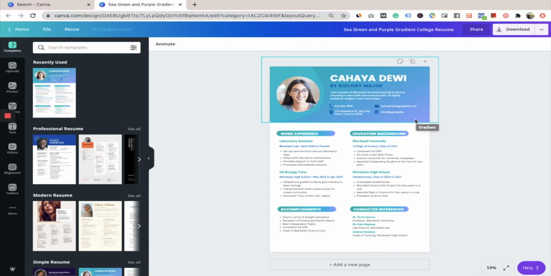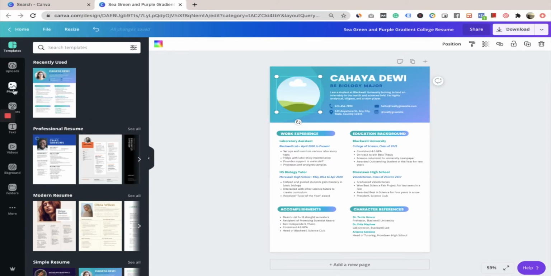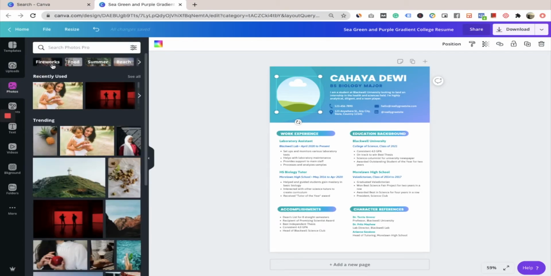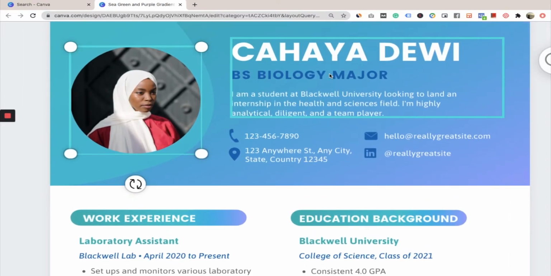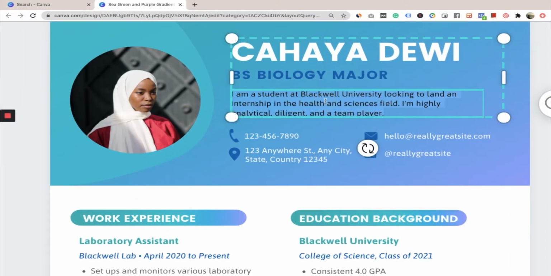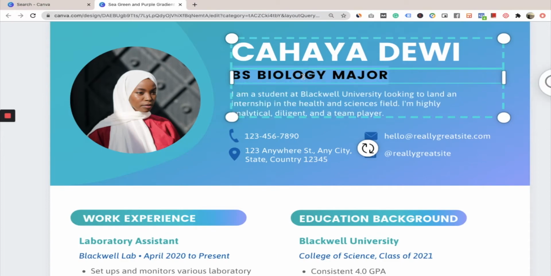So there you can see this is of a Chaya Devi. All right, if you want to edit anything, it is pretty simple to do. You can delete this image and put your own image. I'm going to use some random image from here for this demonstration. If you want to edit anything, go here and you can edit anything. So let's say this is a blogger, or let's say a marketing consultant.